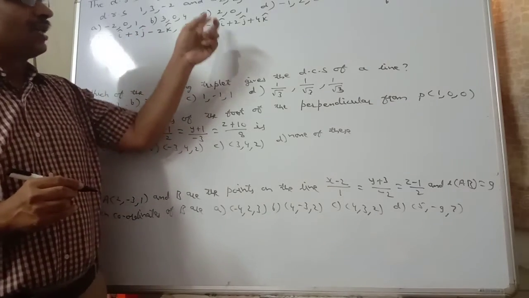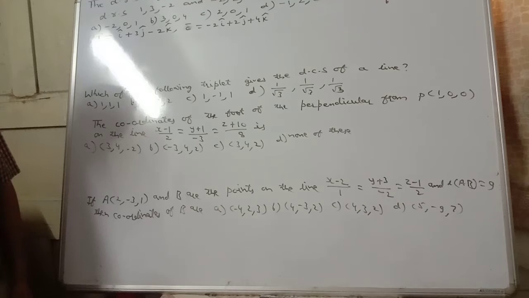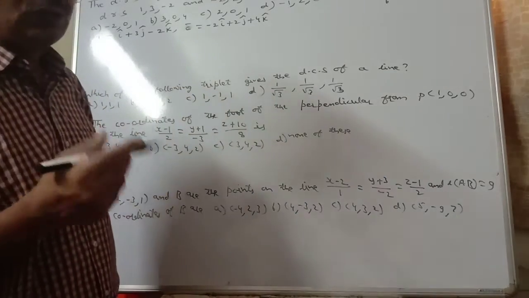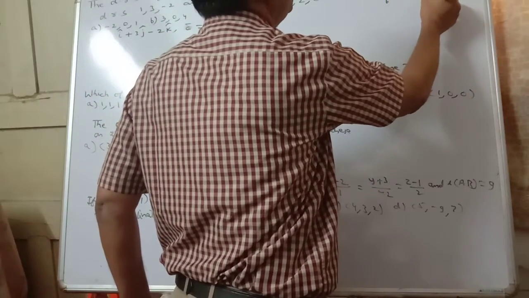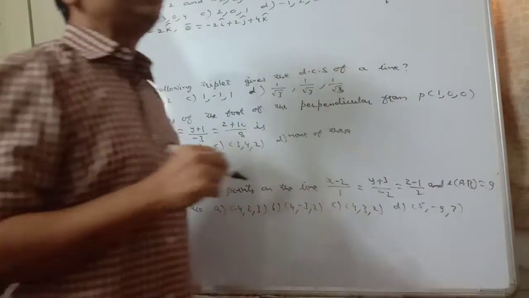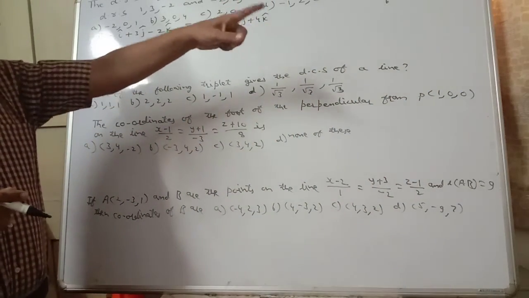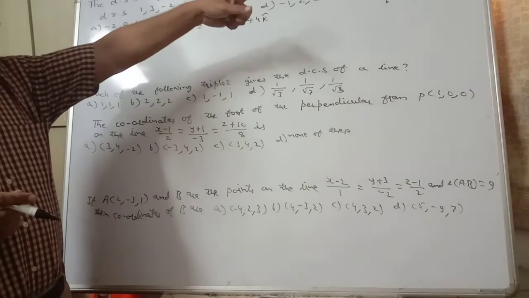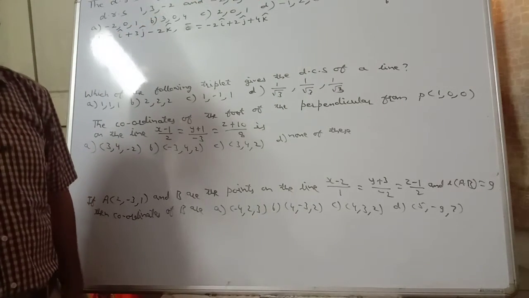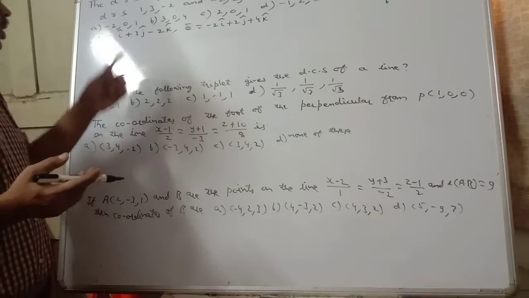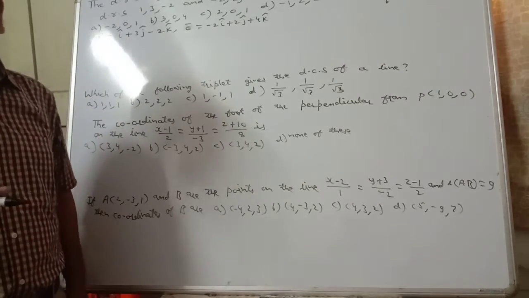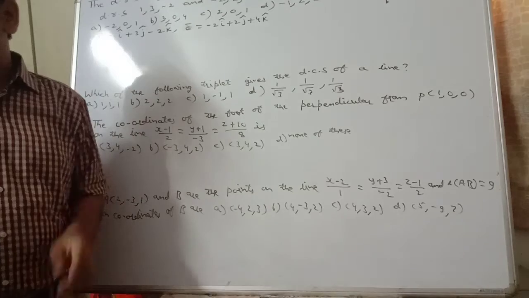Now these are the vectors perpendicular to required line. Cross product of two vectors is a vector quantity and it is perpendicular to both those vectors. So b bar cross c bar, it is a vector which is perpendicular to b bar and c bar both. B bar and c bar, they are perpendicular to required line. It means that b bar cross c bar, it is parallel to required line. Two vectors, they are in terms of unit vectors i, j, k.